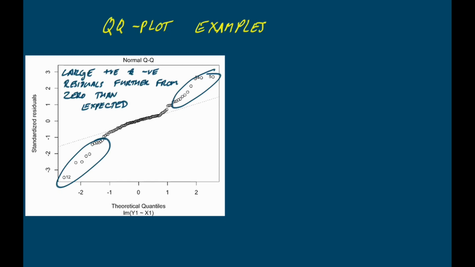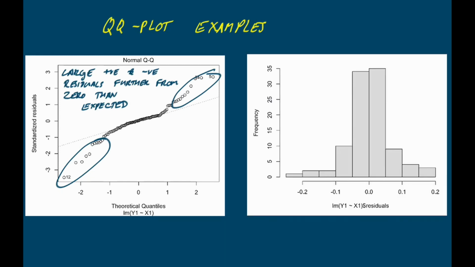So what's going on here? Well, the answer is this is telling us that although our frequency distribution of residuals is symmetrical, it's not really a normal distribution. And in this case, we've got something called kurtosis, which means that the distribution is pointier in the middle and has wider shoulders than we would expect from a normal distribution. So the more negative and the more positive values of these residuals are larger or smaller than we would expect. And that's because the shoulders of the distribution are more spread out than we would expect if the data were